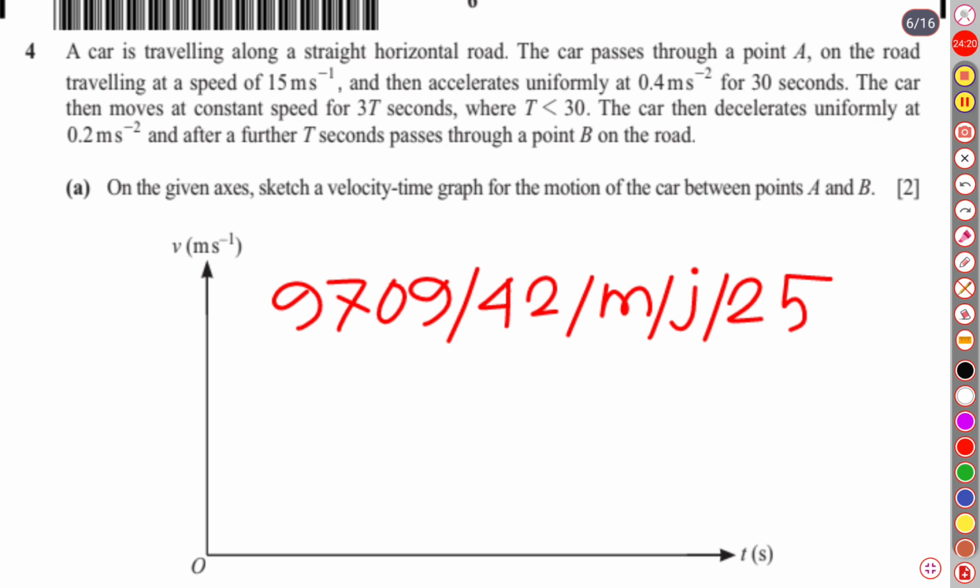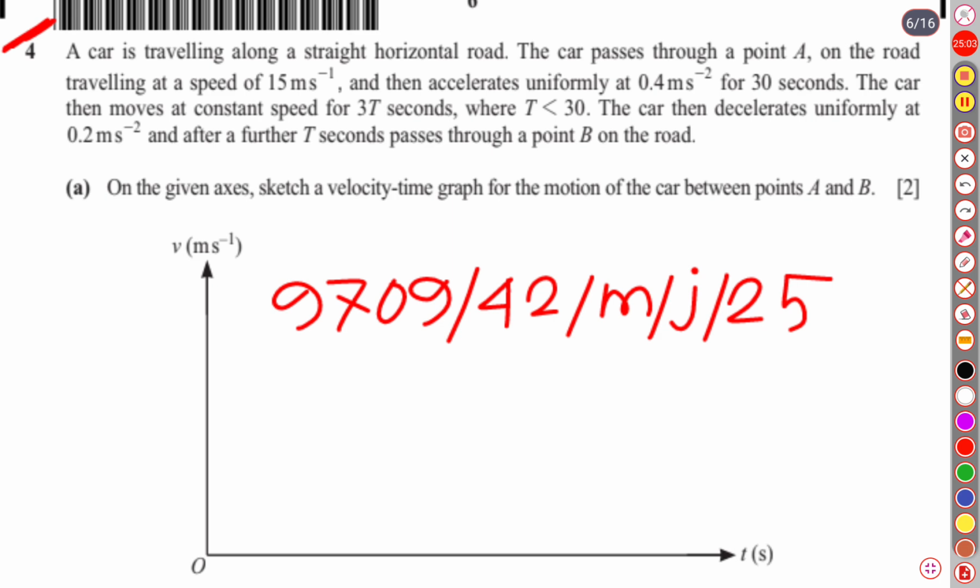The next question we are going to solve belongs to paper 9709/42 for the session May/June 25, and we are solving question number 4. Let's read it. A car is traveling along a straight horizontal road. The car passes through a point A on the road traveling at a speed of 15 meters per second, and then accelerates uniformly at 0.4 meters per second squared for 30 seconds. The car then moves at constant speed for 3t seconds, where t is less than 30. The car then decelerates uniformly at 0.2 meters per second squared, and after a further t seconds passes through a point B